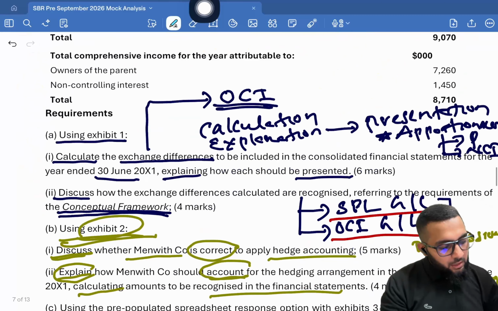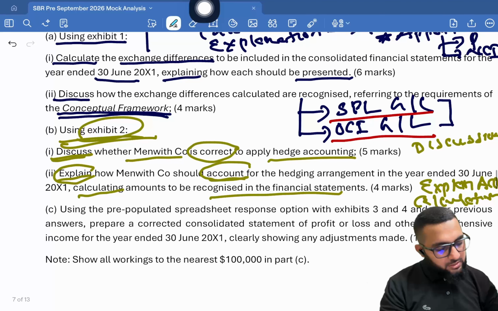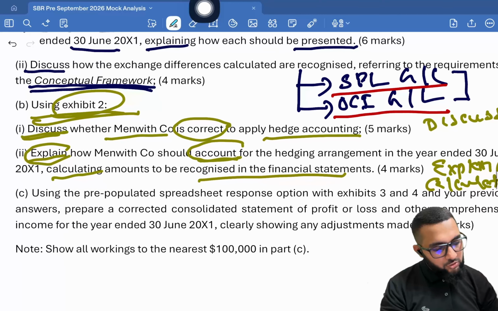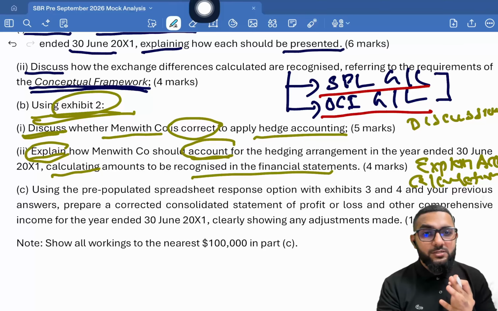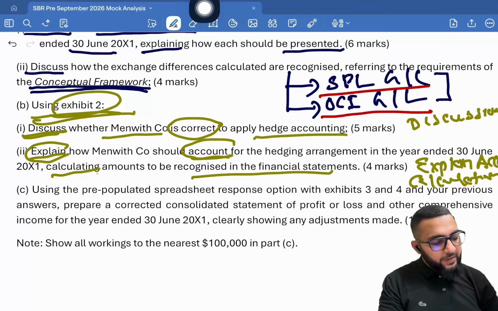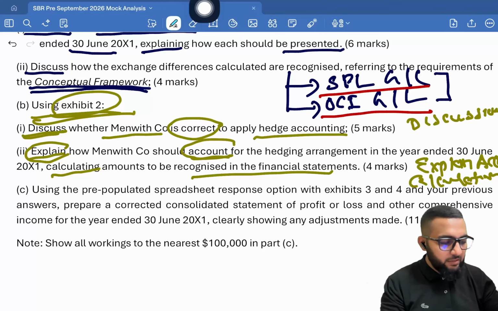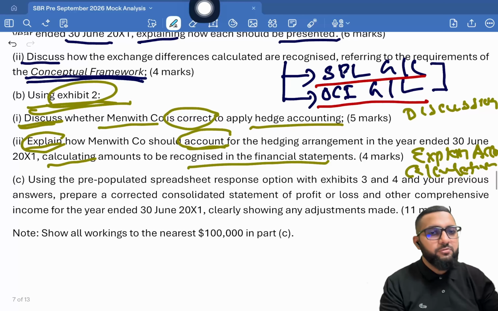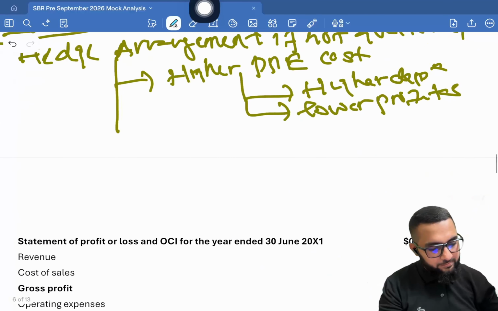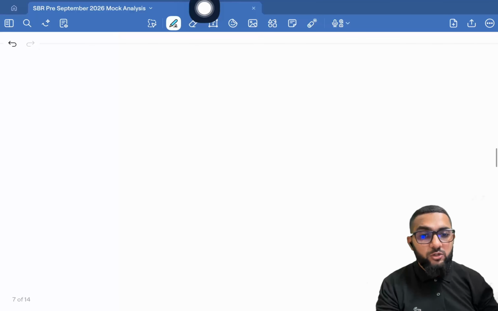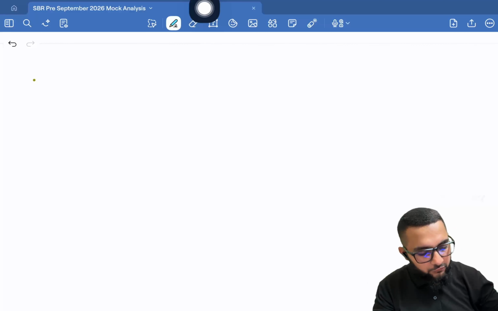Right. Now let's proceed into requirement 2 or sub requirement 2 of requirement A. Requirement B. Again, limit your answer within exhibit 2 itself. Explain how Menvitco should account for the hedging arrangement in the year ended 30th June 2021, calculating amounts that will be recognized in the financial statements. Right. Now you will have to talk about the accounting concept. Accounting context is what you're going to talk about, and you will have to talk about from